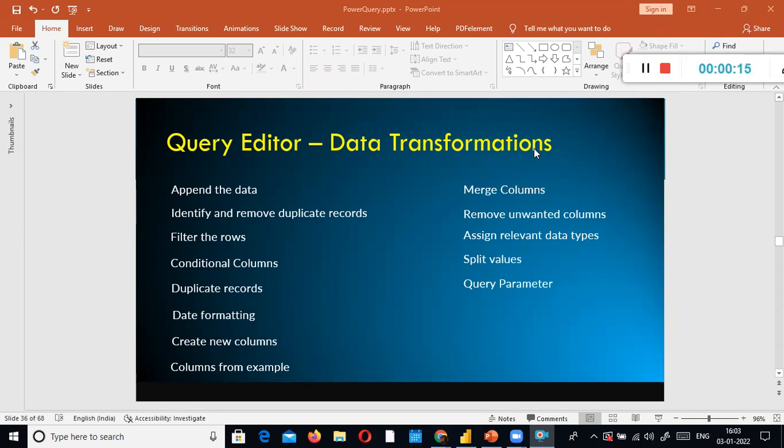So what is a query parameter? We just discussed the query parameter, and also the advantages of using it. Supposing you want to change the data dynamically while it is being loaded in the Power BI model. For example, you have the Excel sheet and you have the data. In the data set, you want to allow the report users to